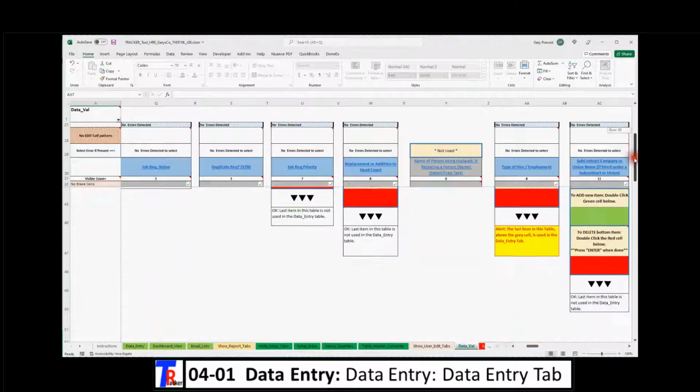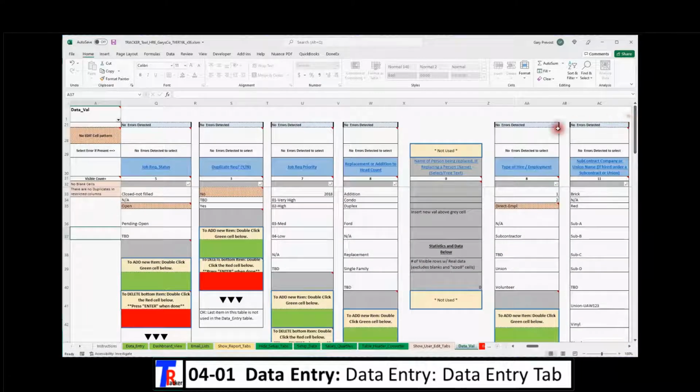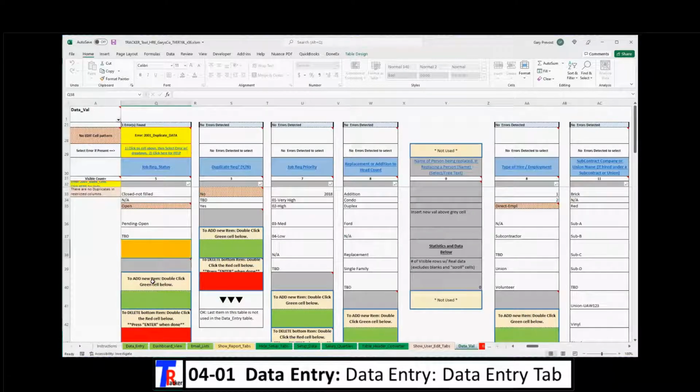Some of these are rather lengthy, so you can scroll up and down, and we'll show that open has special highlighting, meaning that it does not need to be changed. Do not change or delete that, but there are other options here. So if you want to add an option for rec status, simply double click the green, a new orange cell will open up, and then you can type in